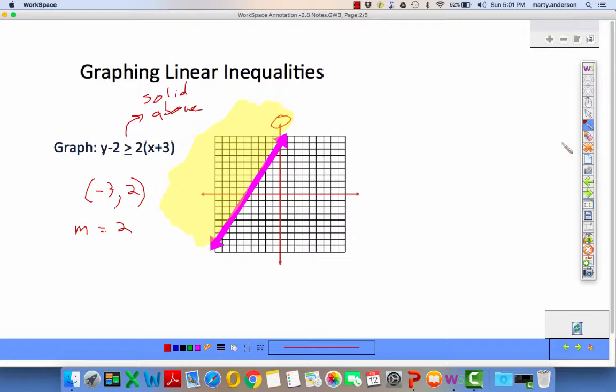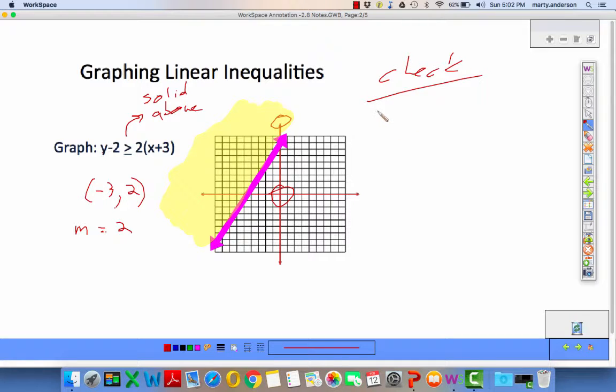You know the rest. Pick a point. Should the origin work? The answer is no. The origin should fail because it's not in the shaded region. In this case, the points on the line are part of the system, the set of all ordered pairs that are a solution. So if we're going to check the origin, check,